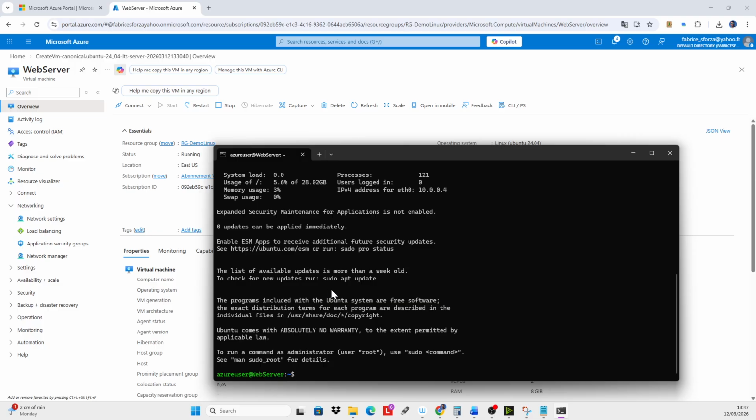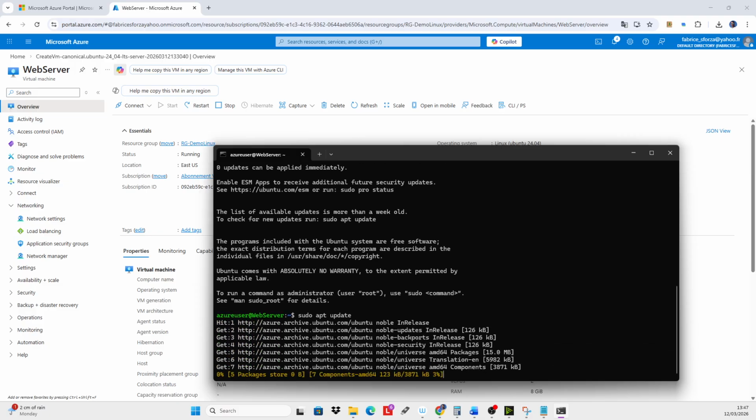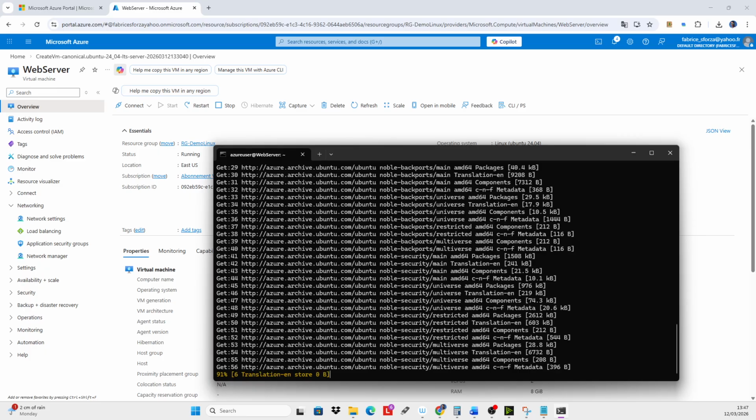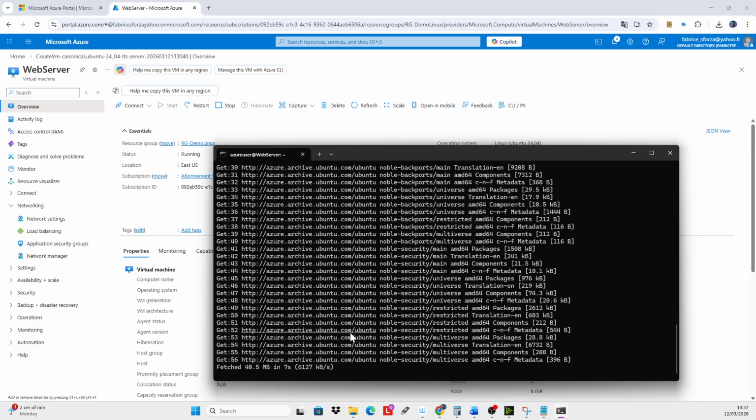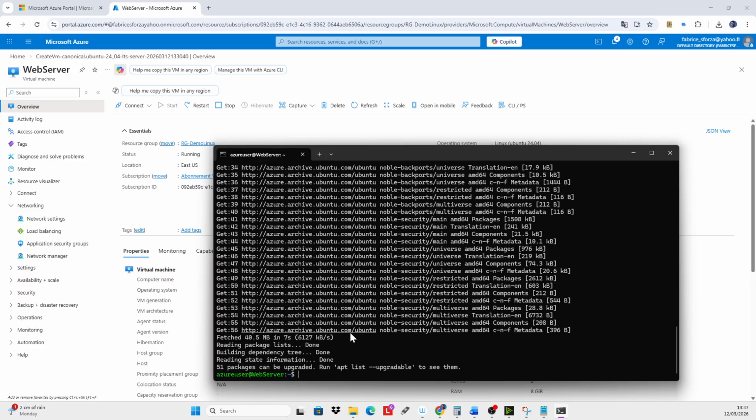I can now fetch the list of OS updates. So let's do a sudo apt update. And after I can do a sudo apt upgrade.